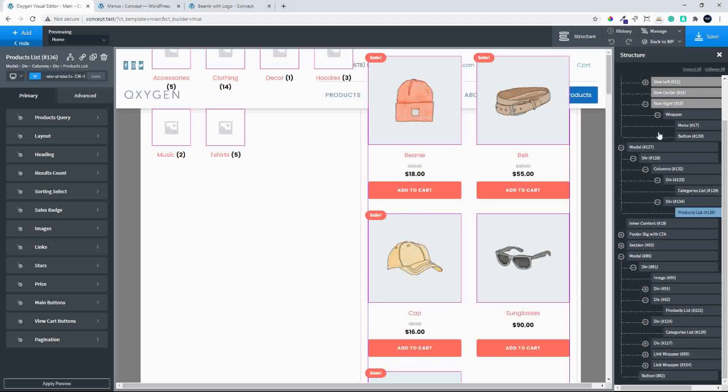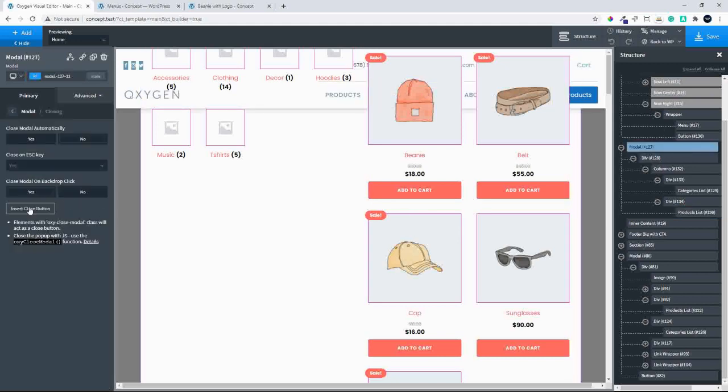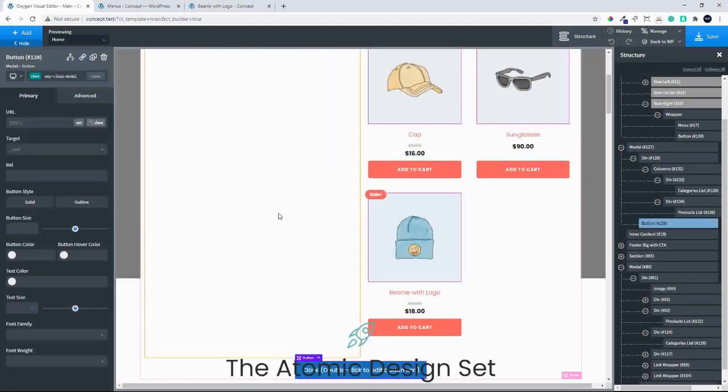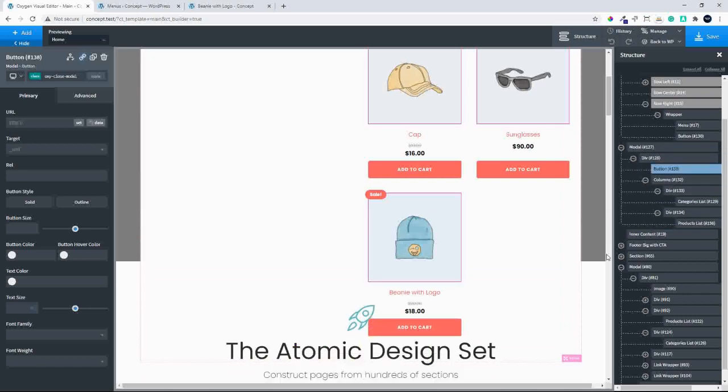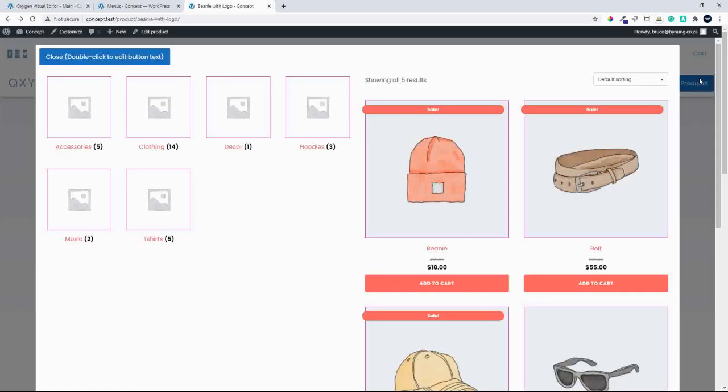In that modal, let's just add a close button. So closing, let's just insert the close button. So there we have a button at the bottom of the page. Maybe we'll just move that to the top. So now we'll save that. We'll head over to the front end. We'll refresh. And just by way of demonstration, as soon as that page loads and I hit products,